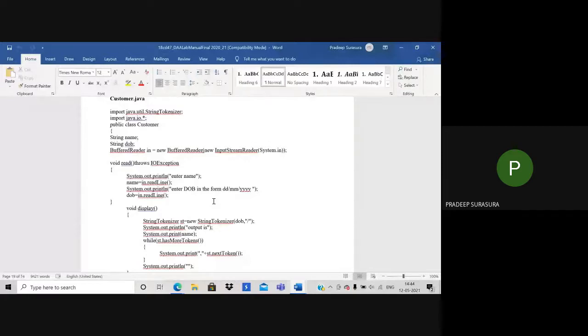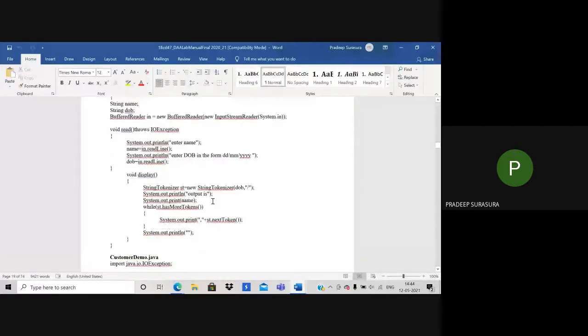To do that, I will take two things. One is a buffer, and I will call a read function. In the read function, I will write the read name, and I will read the value of date of birth.